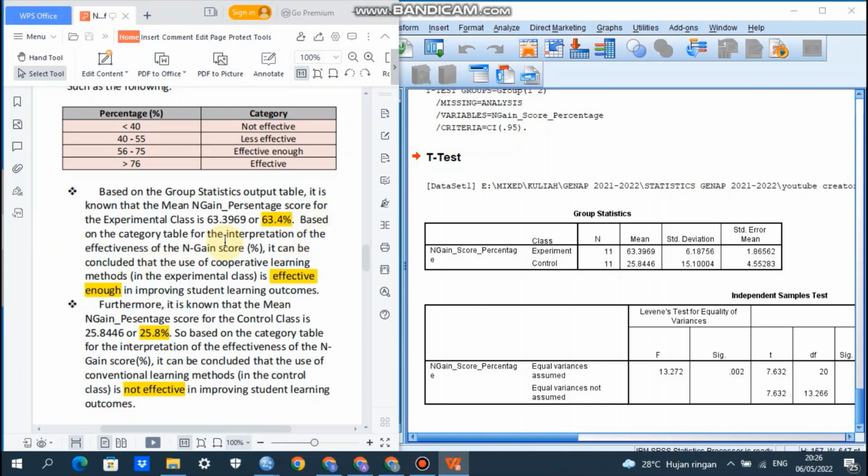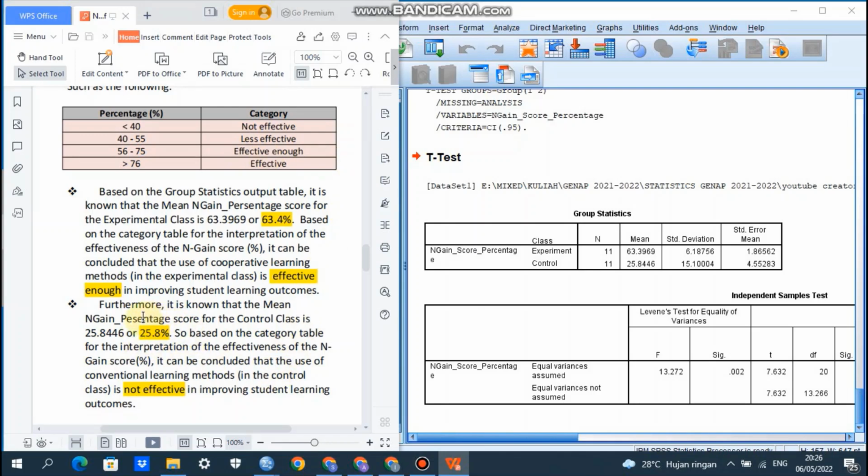Based on the category table for the interpretations of the effectiveness of the n-gain score percentage, it can be concluded that the use of cooperative learning method in the experiment class is effective enough in improving student learning outcomes. This one, 63.4% is between 56 until 75%. So the category is effective enough.